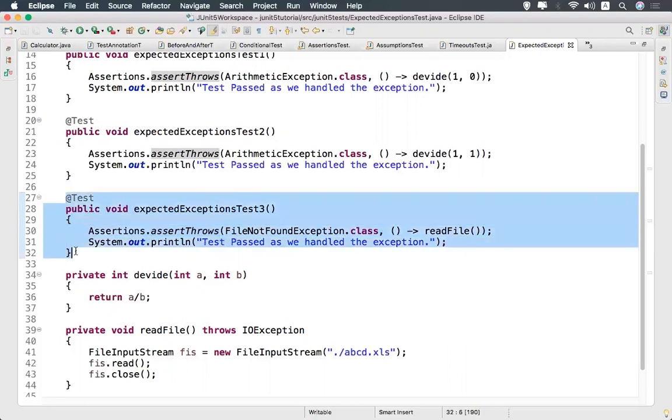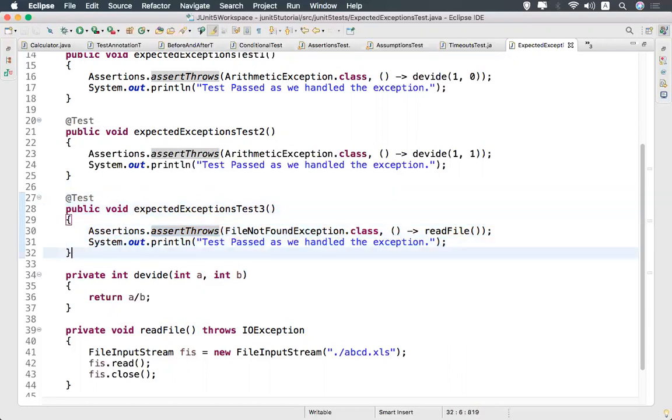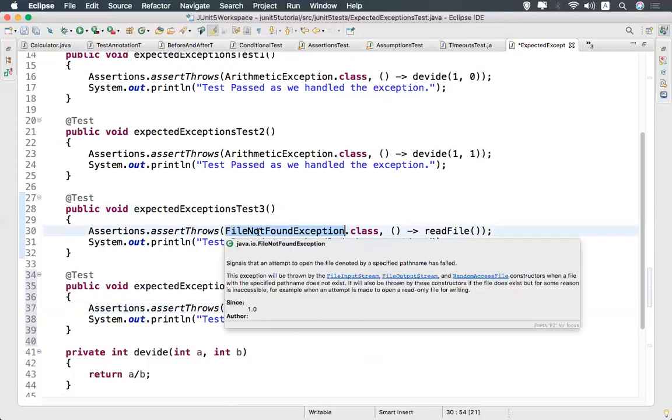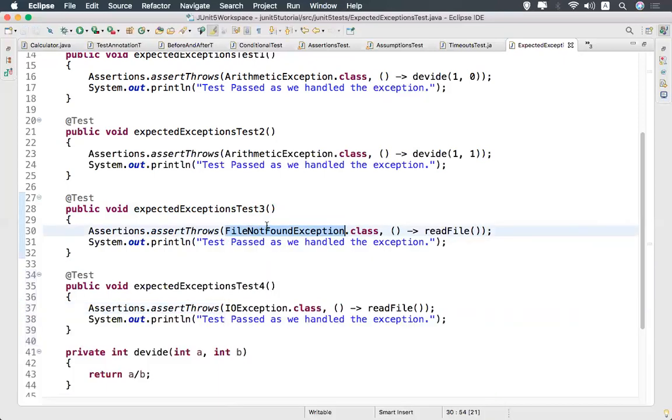Sometimes you can use a super type exception. I'll take one more example, the same thing. Instead of FileNotFoundException, I'll take IOException. IOException is the super type of FileNotFoundException, so you can give its parent also, and that will also handle it.